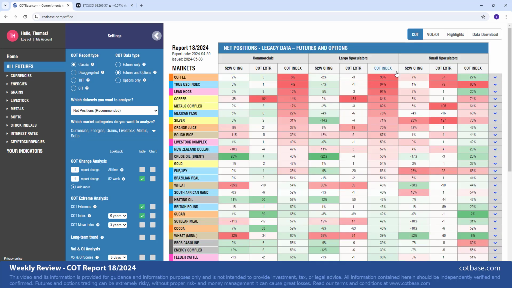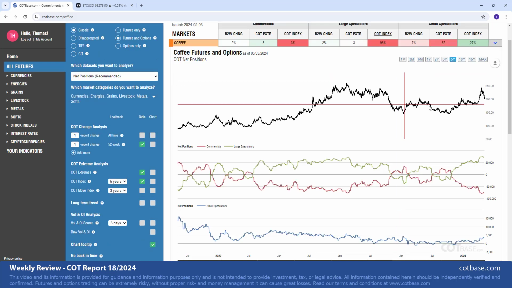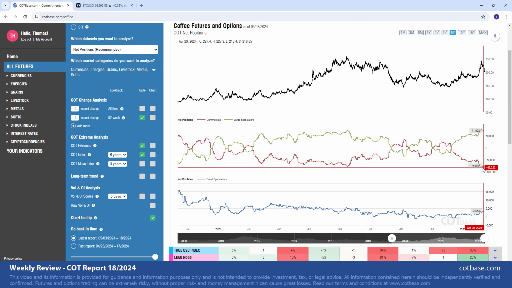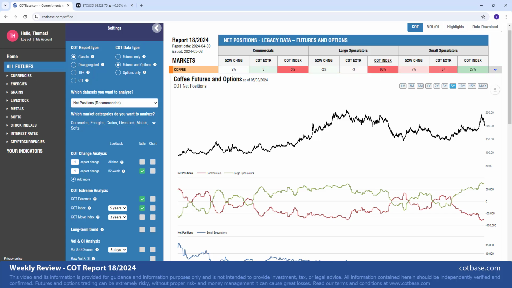COT index, you can see coffee at 96%. Okay, this is of course a bearish COT extreme. You can see that we've been talking about coffee a couple reviews ago. I was telling you it's a bearish COT extreme, and we are expecting a decline. And it seems that was a successful signal. The market has started coming down, but with this 96%